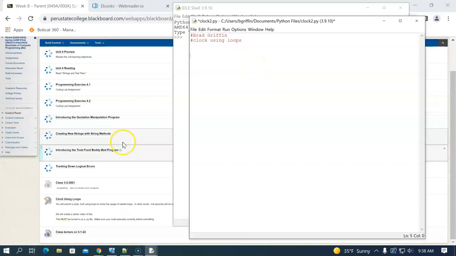I need to think a little bit about this. So we're going to create a clock built using nested loops. In other words, if you've ever had the old-fashioned kind of clock on your desk where you can almost watch it as the zeros wind around on the minutes and the seconds flip over, that's kind of what we're looking for here. We need to build this from the inside out. Our inside piece is going to be the seconds. So the seconds of our clock